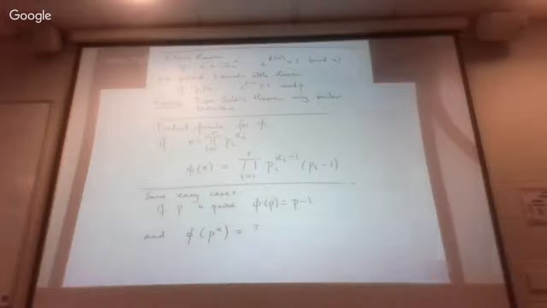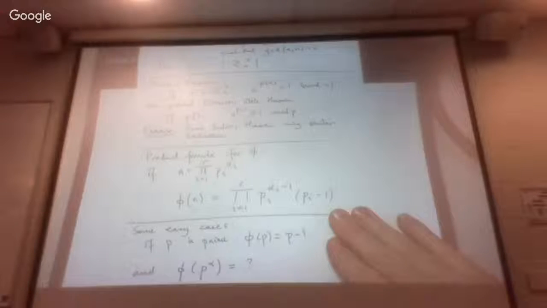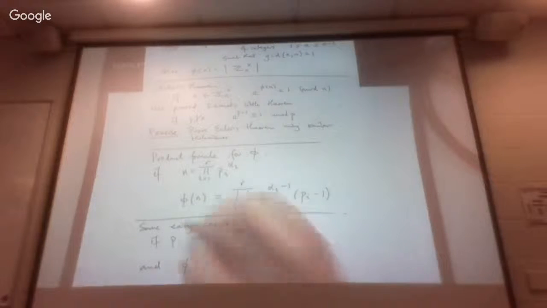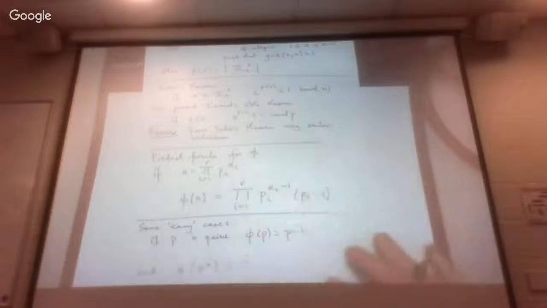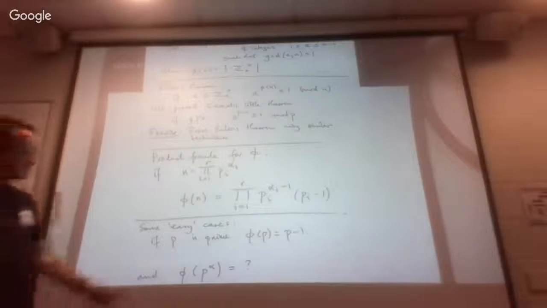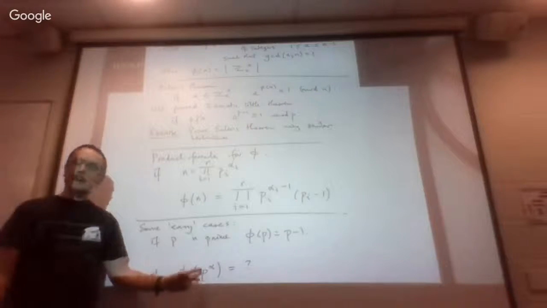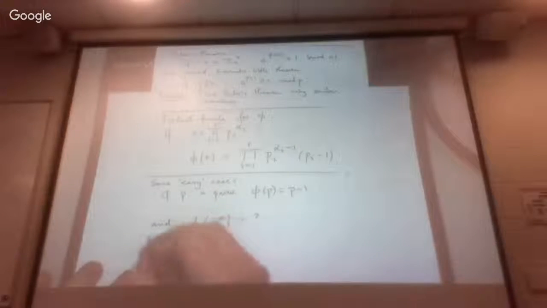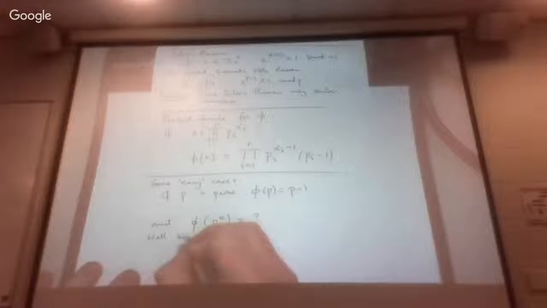Okay, so that's our next easy case, or base case, early cases I guess would be a better term. That's the next early case. So what's the value of phi when you evaluate it on a power of a single prime? Well, using the original definition,